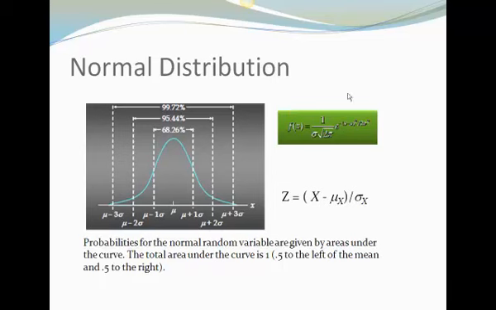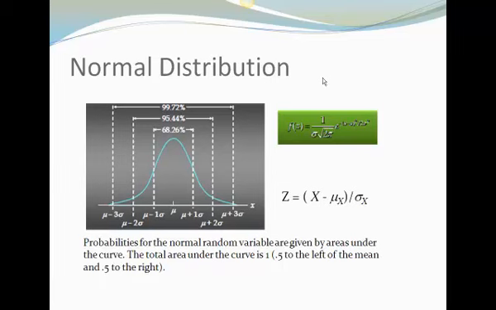And based on this normal distribution, we could convert it into a standard normal distribution, and we could get this z-score calculation. And we used the normal distribution to give us the probability for the random variables, given by the area under the curve. So the probability of getting at least as extreme a value as you actually observe, that's what our